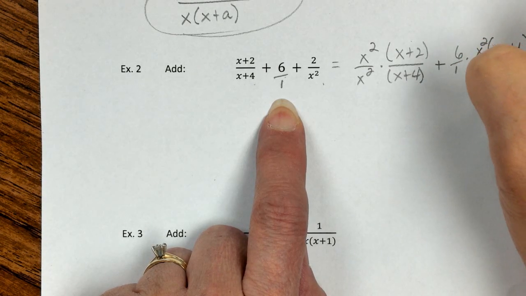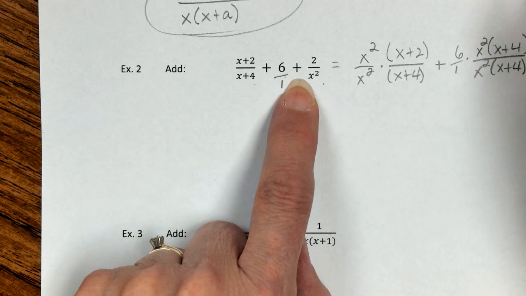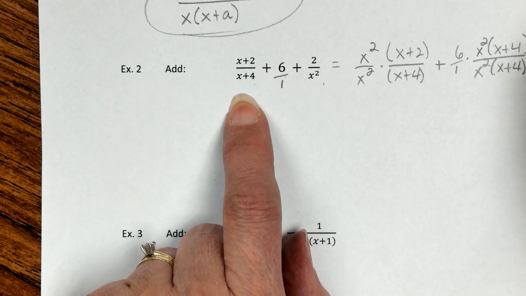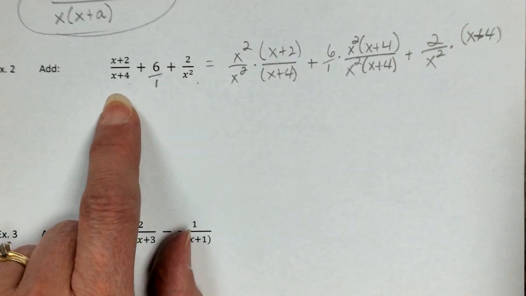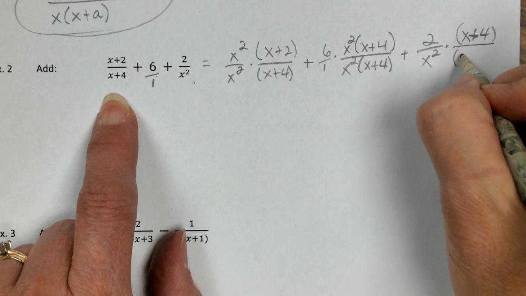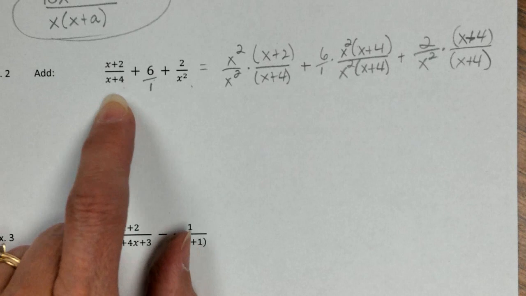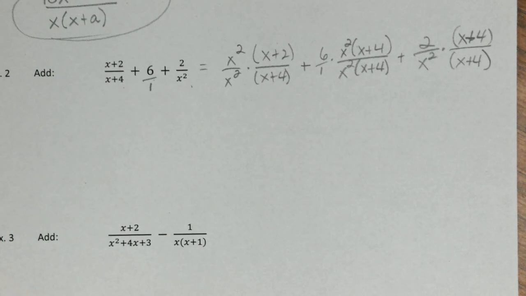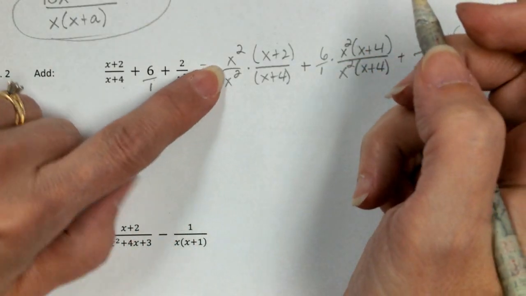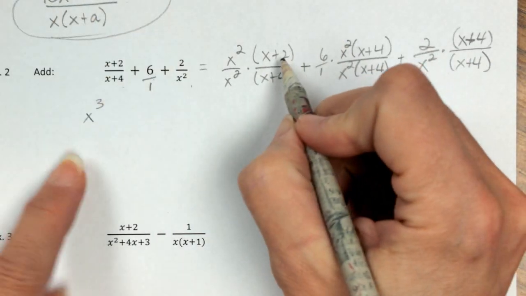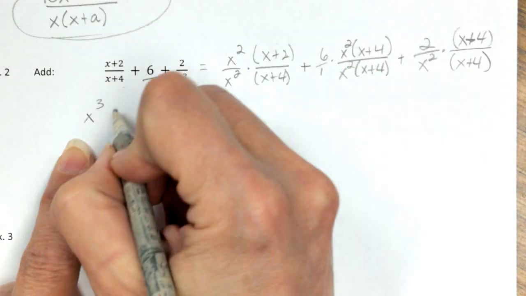x squared times x plus 4, plus 2 over x squared just needs to be multiplied by x plus 4 over x plus 4. And then we have some distributing, and then probably some like terms to add. So for the first one here, we have x squared times x, that is x to the third, plus 2x squared,